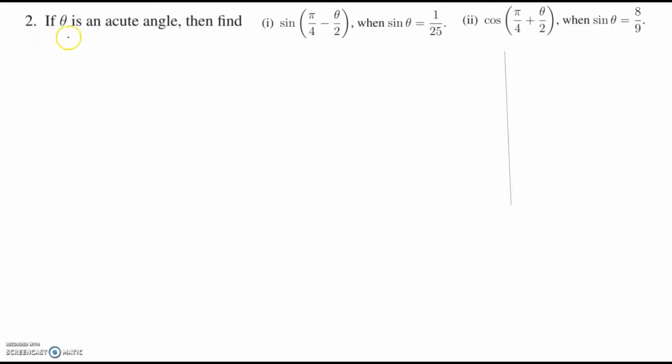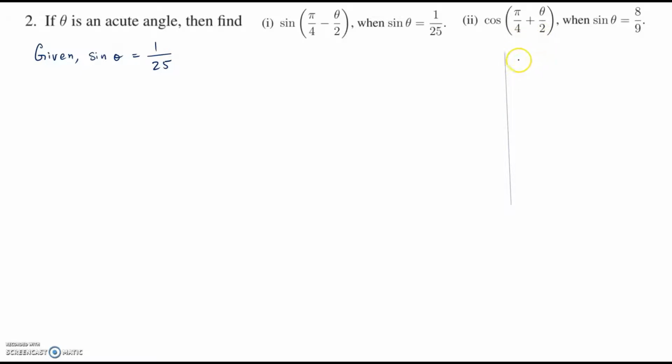Question number 2. If theta is an acute angle, then find sine of pi by 4 minus theta by 2 when sine theta is given as 1 by 25. So let's take the first part of the question. So given sine theta is equal to 1 by 25. Okay, now the